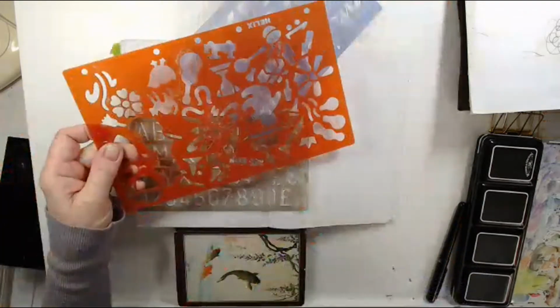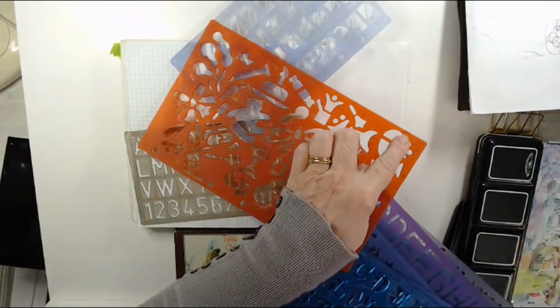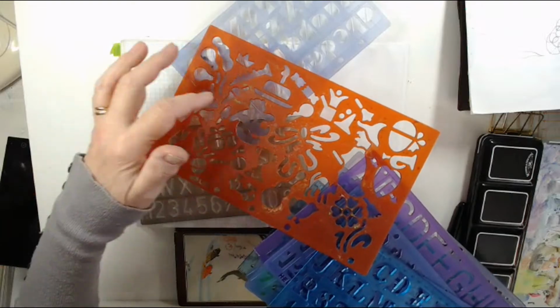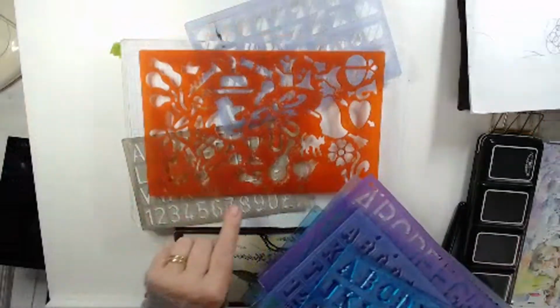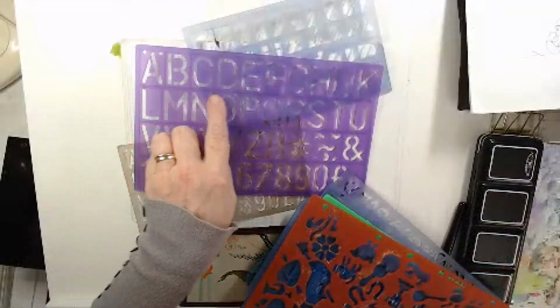So this is a child stencil that I must have bought. Again, it's a Helix one. It's probably been in a set, but we've got a heart, an egg or a semicircle. So don't think of them as what they're supposed to be. That's a butterfly and that's a bear, but think of them as other shapes. That looks like a light bulb, but we've got an oval, some circles. So we've got some really neat shapes, and of course they're dead easy. They are designed to be like that. That's another one I've bought two of, but we've got all these lovely lines and shapes that we can use,